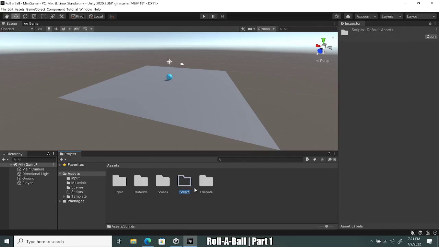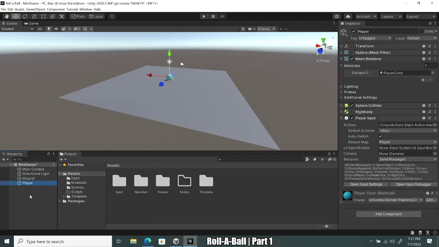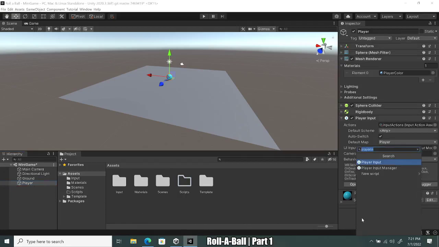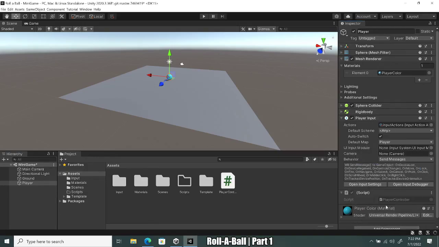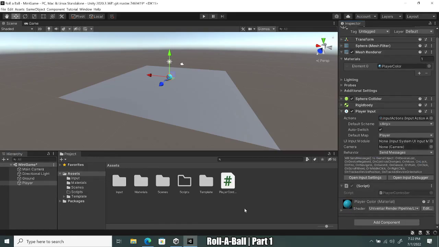We're going to add a script to the player. So for us, it's easier. Just click Player and add a component, and then add a script, New Script. Call that PlayerController. Make sure it's spelled right. Measure twice, cut once, people. PlayerController. Create and Add. The reason we did that method is because we know that since we selected Player, we added that script to that player